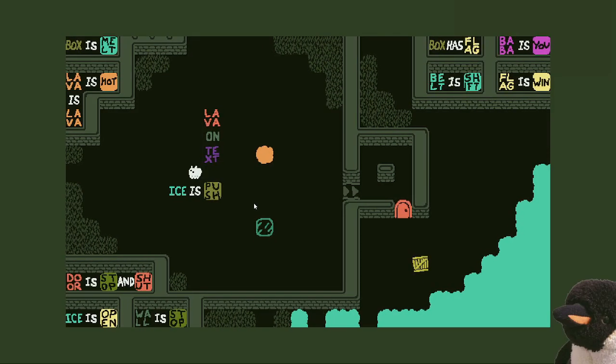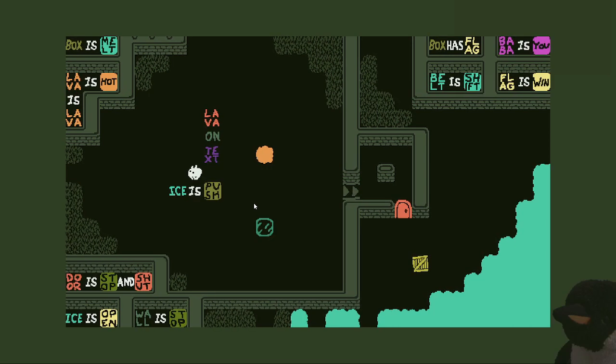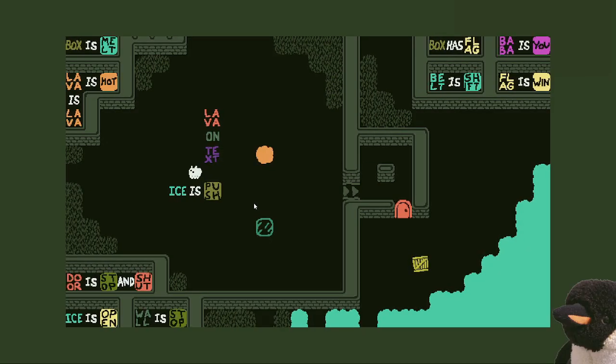I can stack text on both the lava and the ice blocks. But then I don't have a rule that says lava and ice on text is push. Right, I can get lava on text is push and ice on text is push. But if I get to that point,